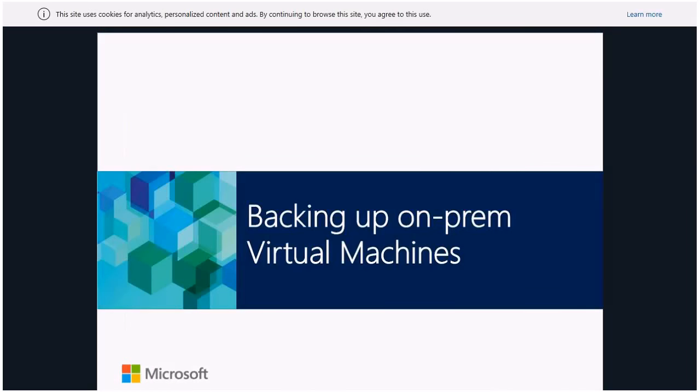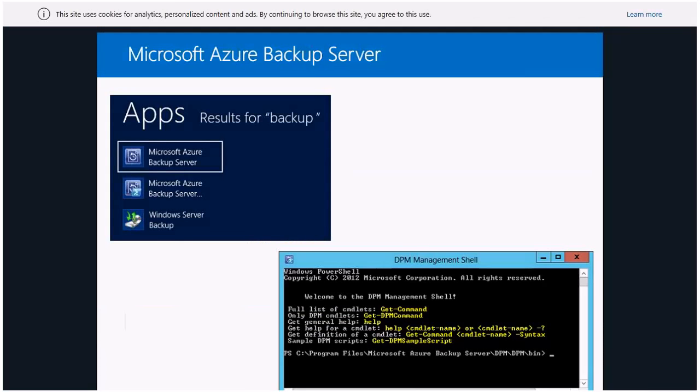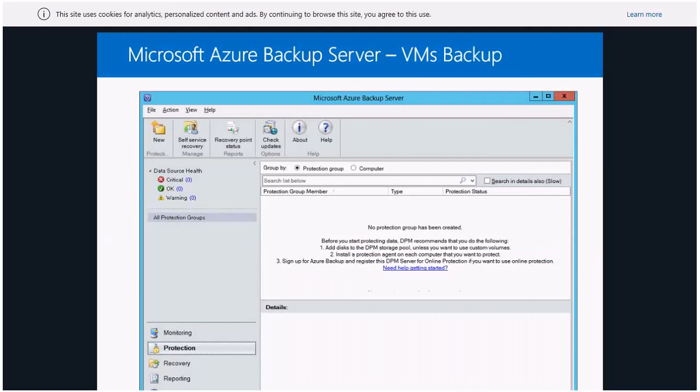Now a little bit more complex. The next step is if you are looking to do bigger backups. I'm talking about a whole virtual machine from VMware, a whole virtual machine from Hyper-V, or maybe a couple of SQL Server databases or Exchange databases and so on. What you really need is the Microsoft Azure Backup Server. The Azure Backup Server is a big install, around 4 or 5 gigs. Same story: do the installation, and when it's done, do the registration, and then this is the interface.